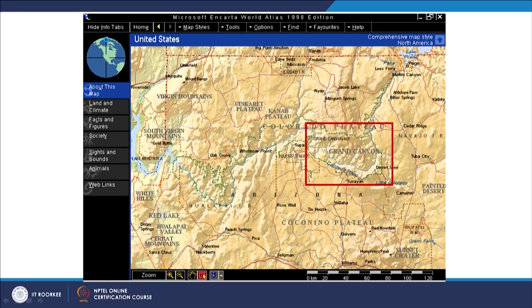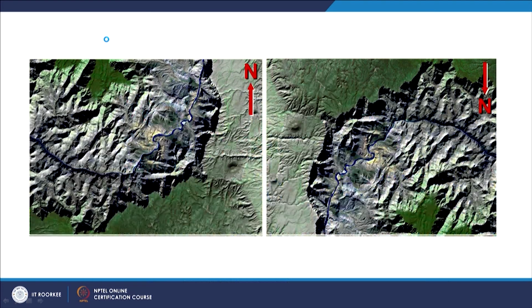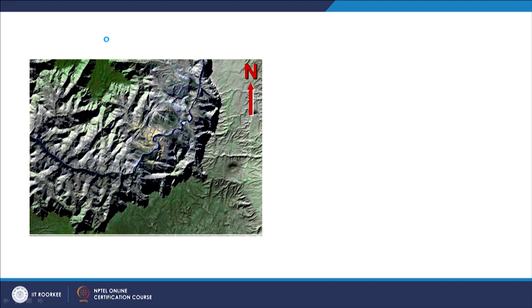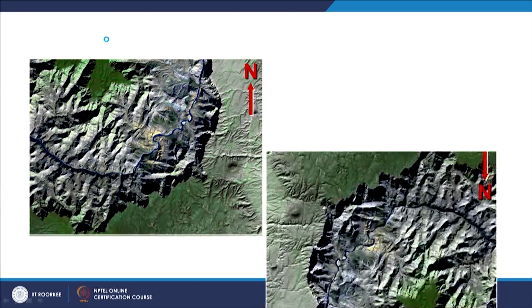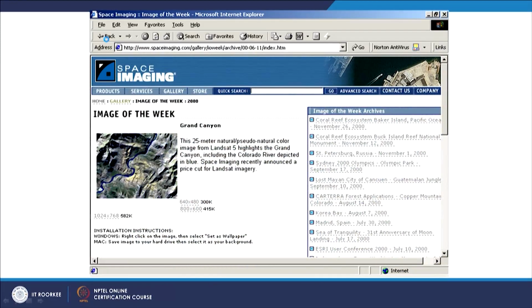So, what you are seeing here, in this one atlas they are showing the Colorado River in the depression, but in our image we see that it is not in depression. So, there has to be something wrong with the satellite image.